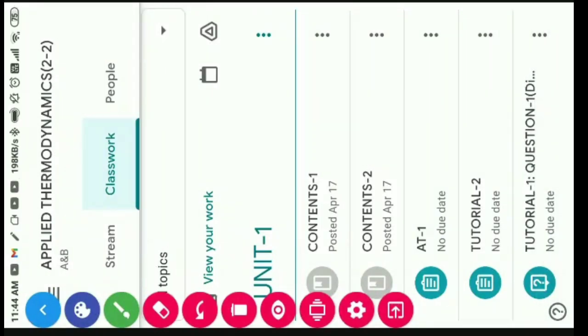Once you complete the assignment, you have to take photographs and prepare a PDF. You can use CamScanner; there are so many apps for PDF generation. By using any one app you have to create the PDF.